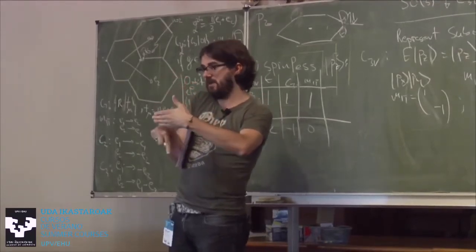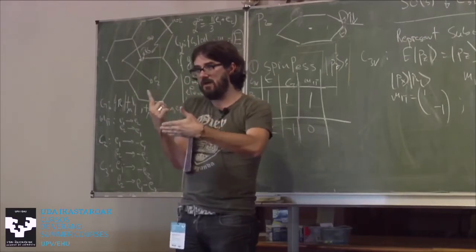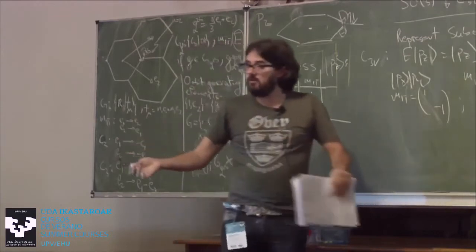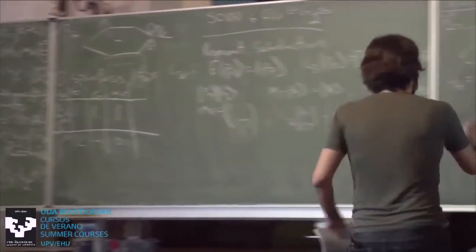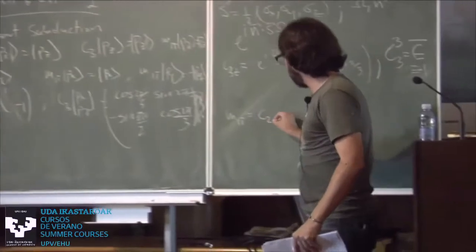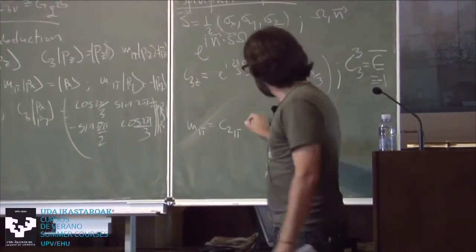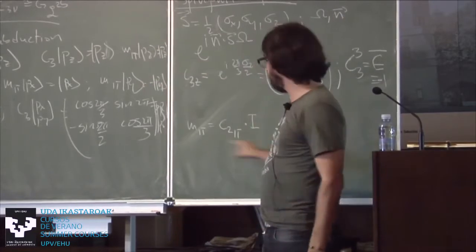So spin up flips into spin down, and spin down flips into spin up under mirror. So it's off diagonal. But you can also do it by the following thing. This is C2 in the 1, 1 bar direction, not the C2 that we have there. C2 is C2Z. Times inversion, it's a composite.